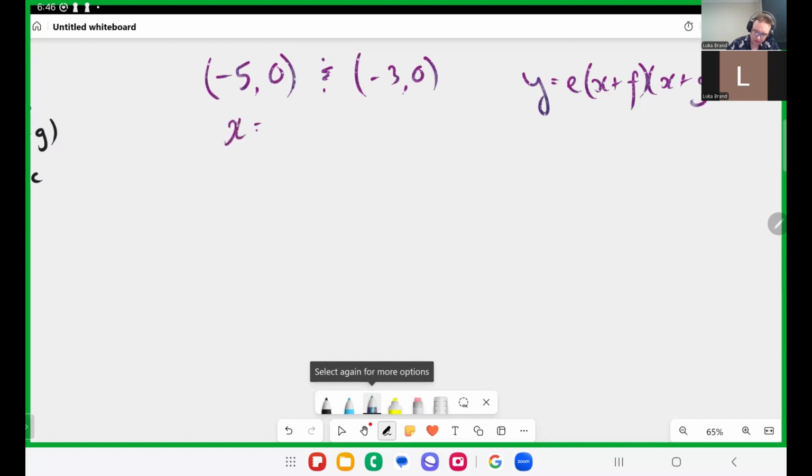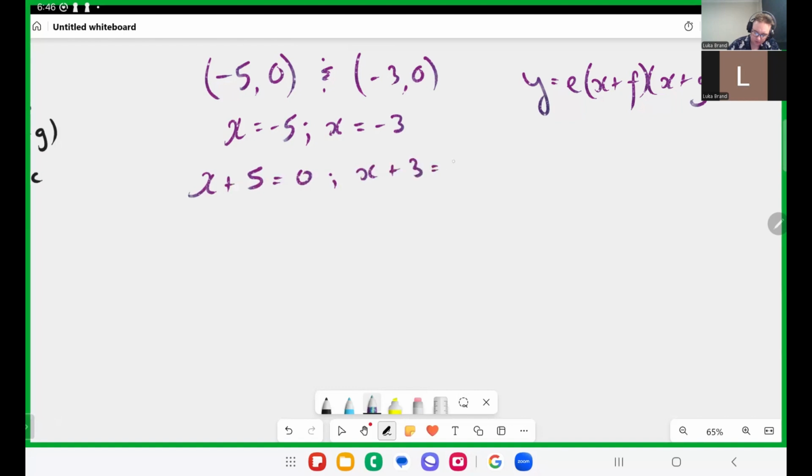So x equals negative 5, x equals negative 3. Now I can rewrite that as x plus 5 equals 0, x plus 3 equals 0. Which means my equation is y equals e(x plus 5)(x plus 3). Now,